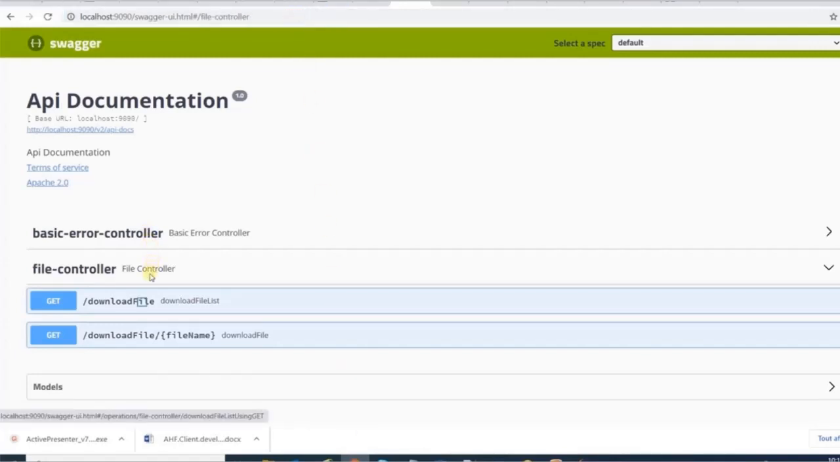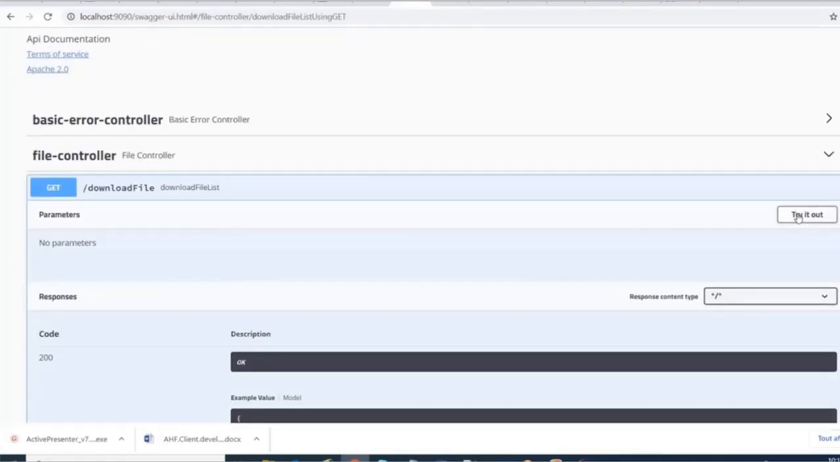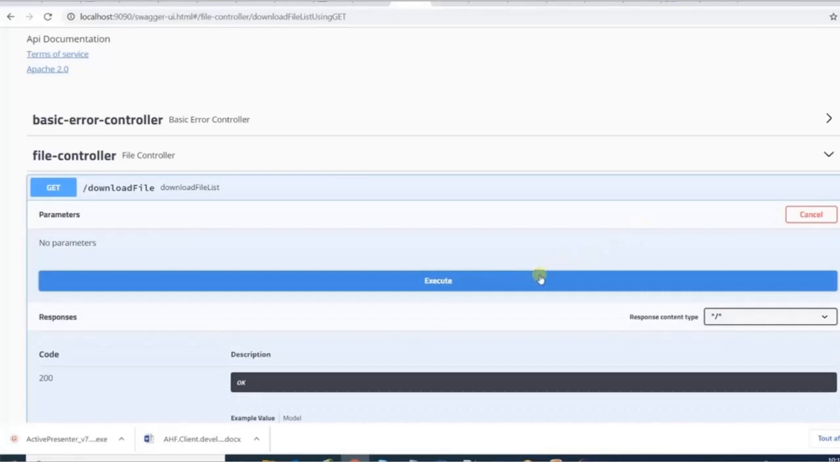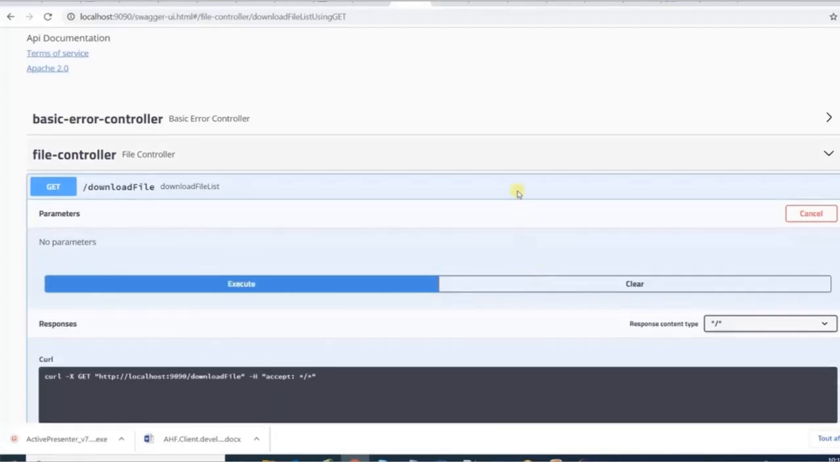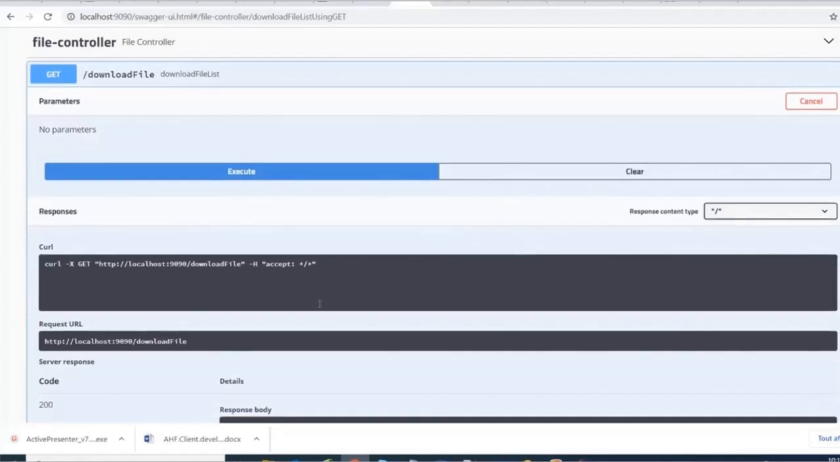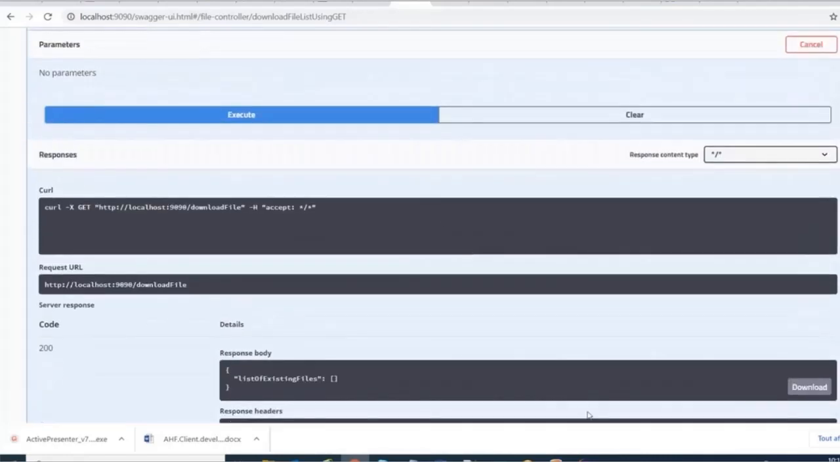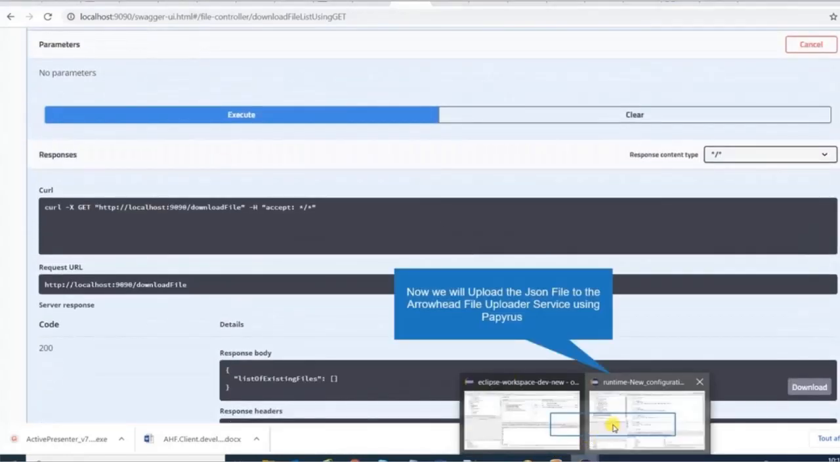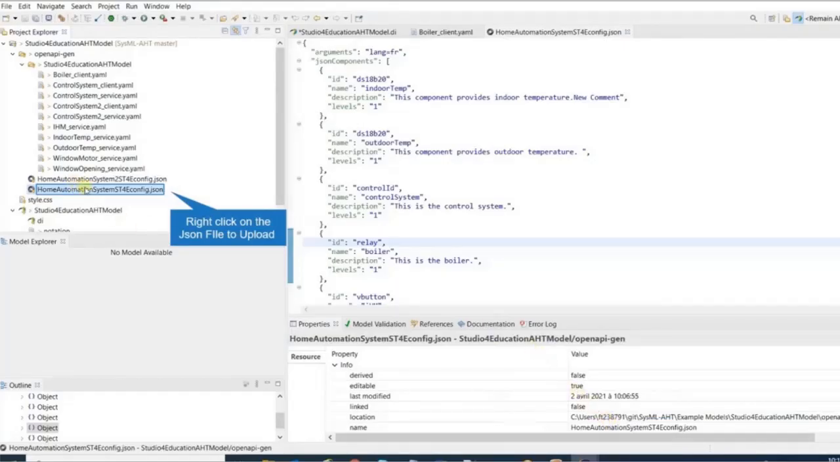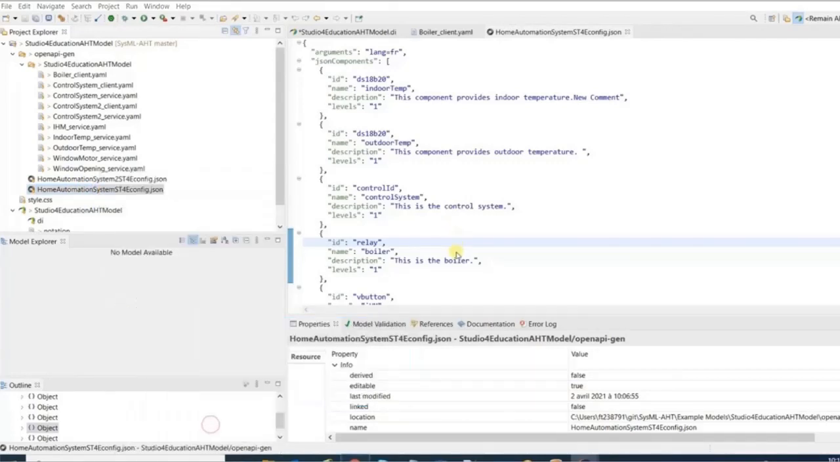Here we are testing the Papyrus service that has been developed for the connection of Papyrus to Arrowhead. And as you can see here, the download file is executed and there are no existing files in the Arrowhead local cloud. Now we go back to Papyrus and then we right click on the file that we want to upload to the Arrowhead local